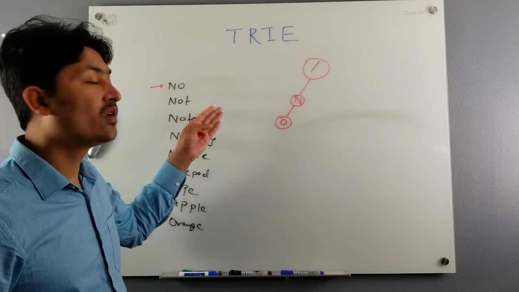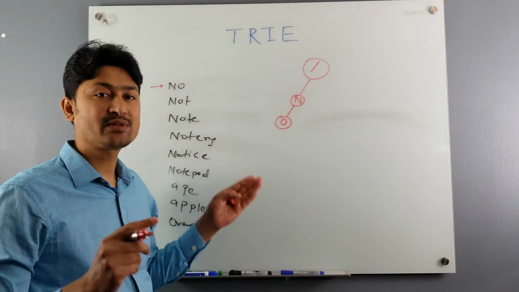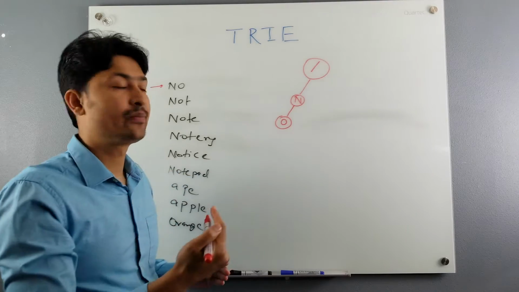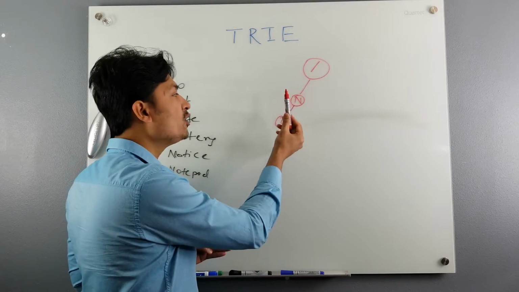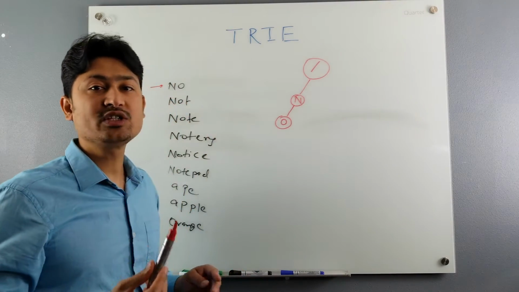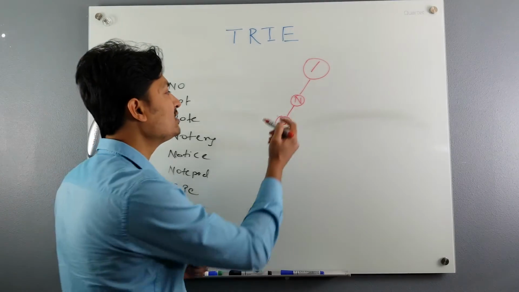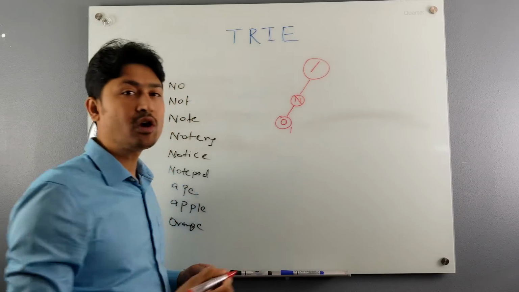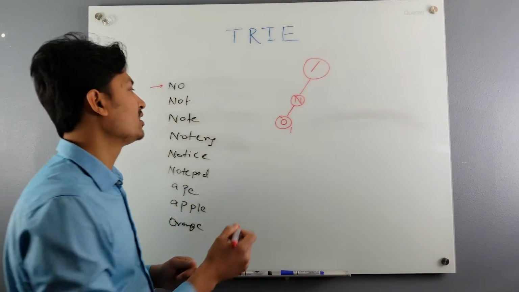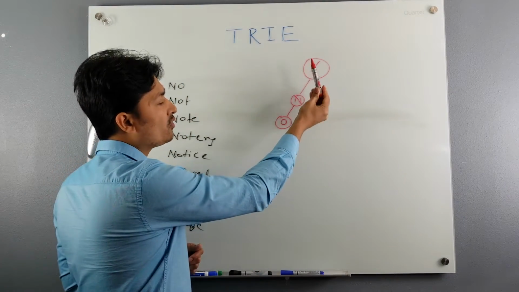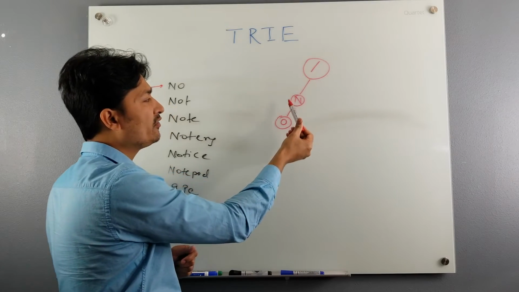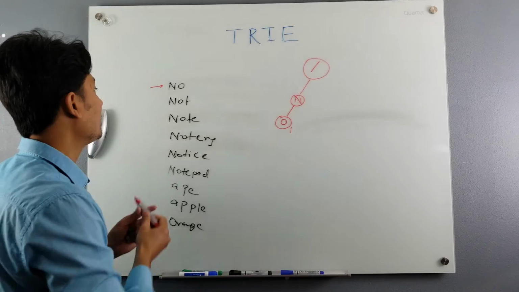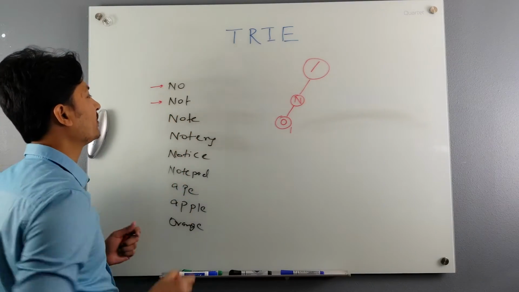Now, as the word has finished, you need to have some label to identify that NO is a word. So every node here has an attribute which is called count. Once NO is a word, you increment that count, so it will be 1. The default value would be 0. So now you know that if you start from the root node and reach NO, it's a word. Now let's go to the next word.